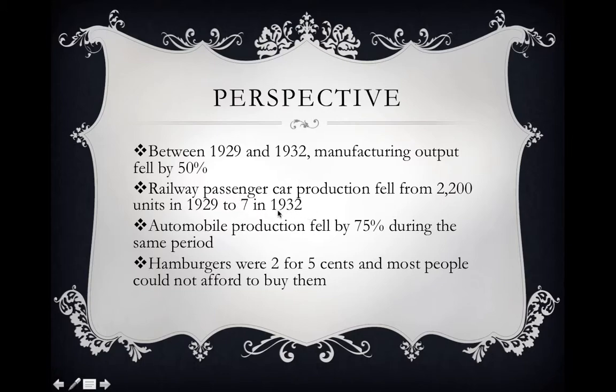Now I want you to realize that a portion of this is due to the Great Depression, but a portion of this is also due to the fact that railways and rail travel were starting to die out by this period. All right, so this slightly overstates the case here, mostly because railway car production was declining to begin with. But to see a decline from 2,200 to 7 in a 3 to 4 year time period